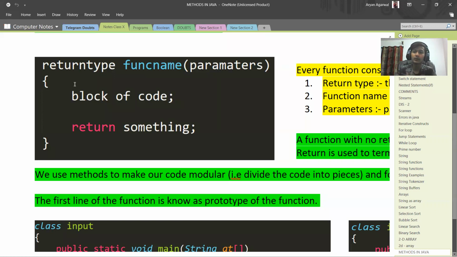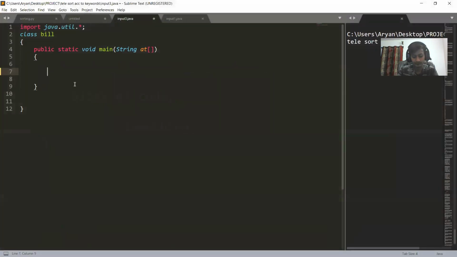If we have to create a similar function like Math.pow, the first thing we'll have is the return type as double. The next thing is the name of the function, which will be pow. What were the parameters that we passed to pow? We passed two parameters.